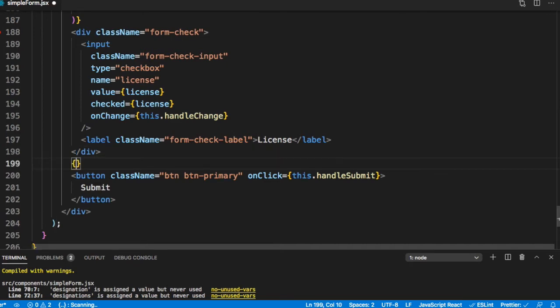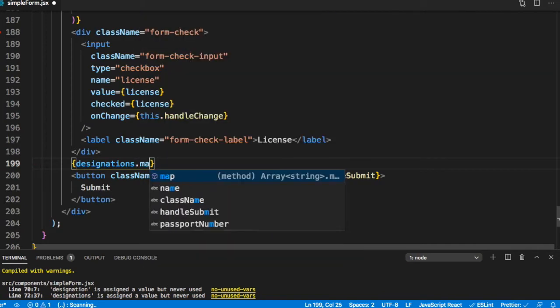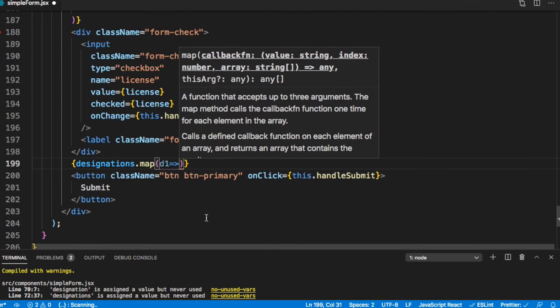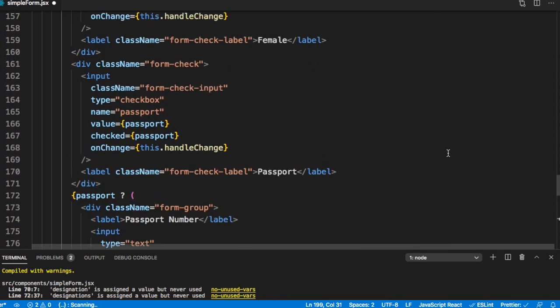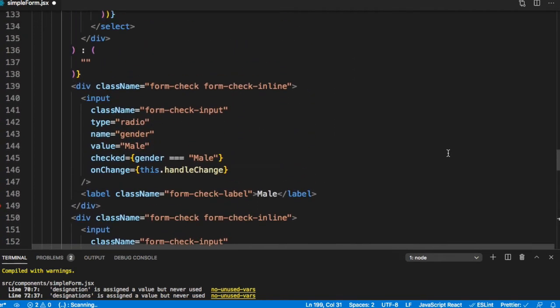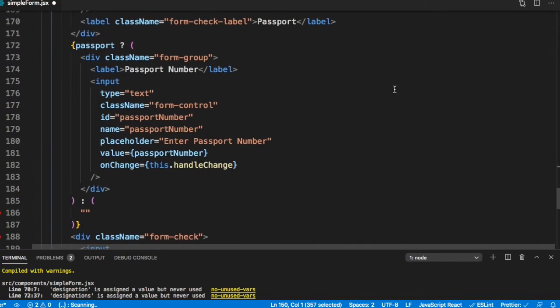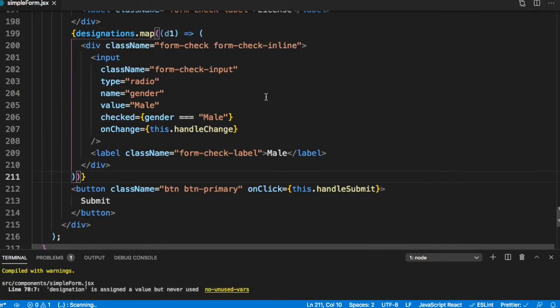So let's go down. Here we can just say designations.map, D1 goes to, and within this we will show our radio. Let's just copy the code for one of the radios and make those changes.